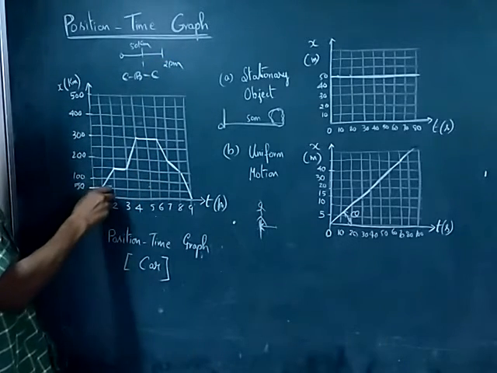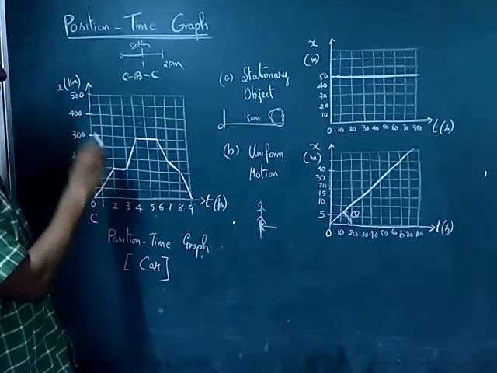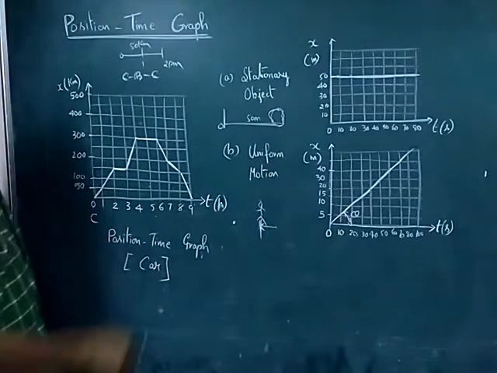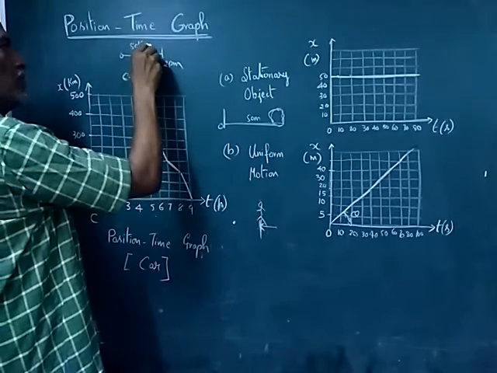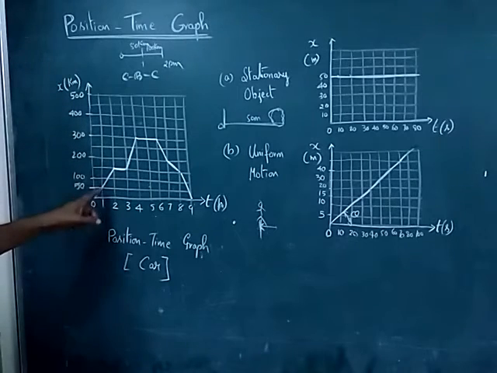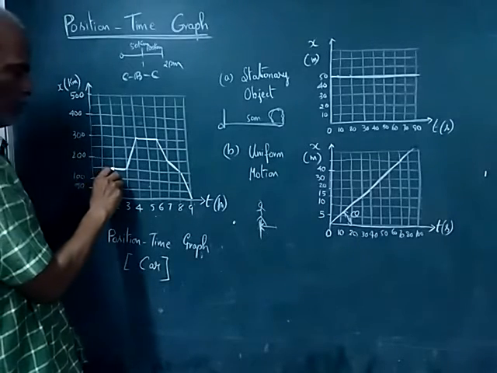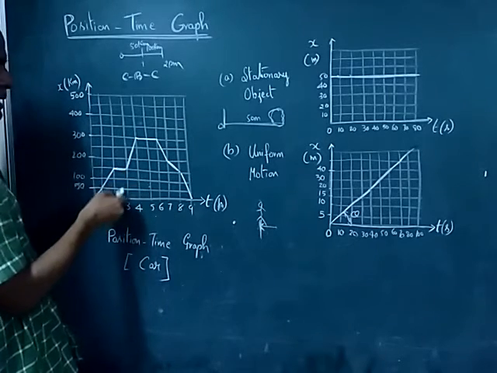The distance covered was from 50, he has reached 150. That means 100 kilometers. So in the next 1 hour he reaches 100 kilometers from this point. So overall the distance he travelled is 150 kilometers. After reaching 150, you see a horizontal line that is parallel with this axis.